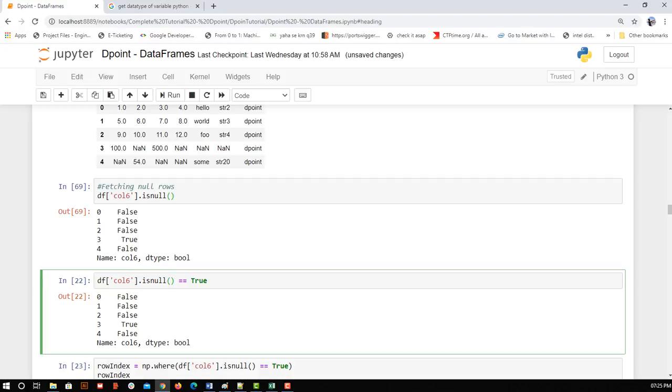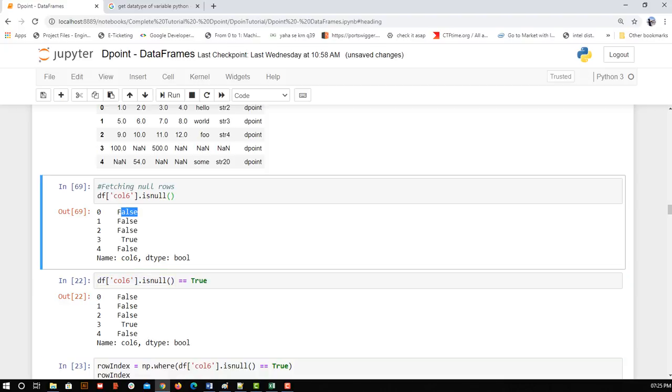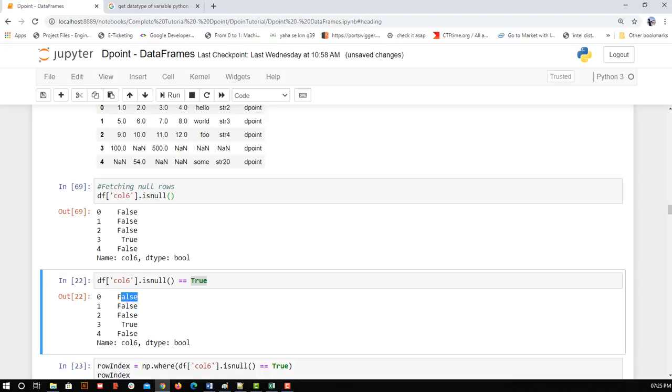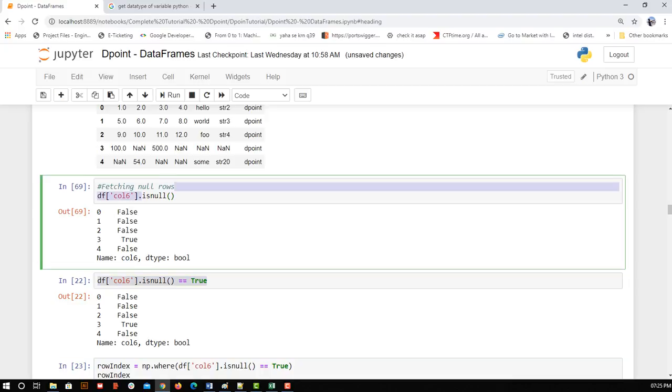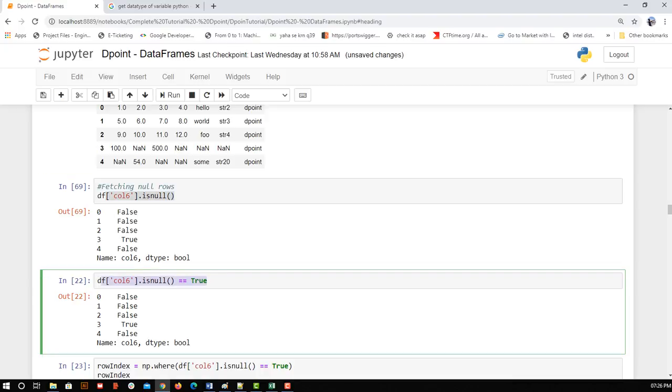Now here we are going to filter again. isnull is false, true, fine. This is just to show that we can make decisions based on the boolean values as well. False is equal to true? No, so that is false. But true is equal to true? Yes, so that is true. That's how we are going to use this again to filter. We could use it directly because it gives us boolean values, but just to stay in sync with other data types, I am using this.